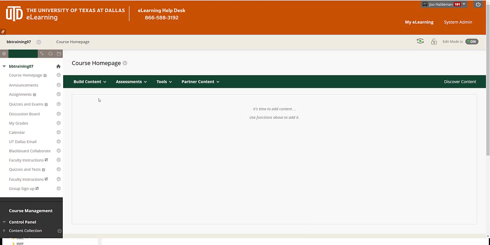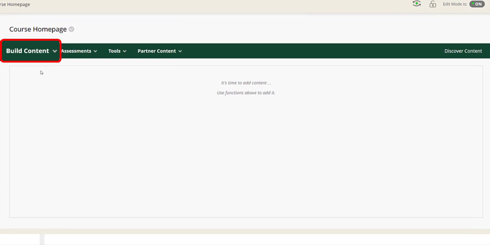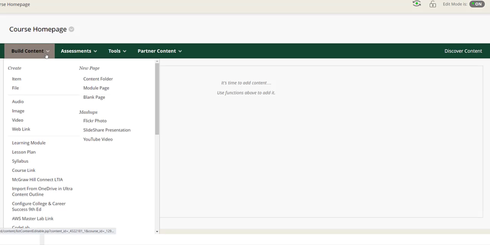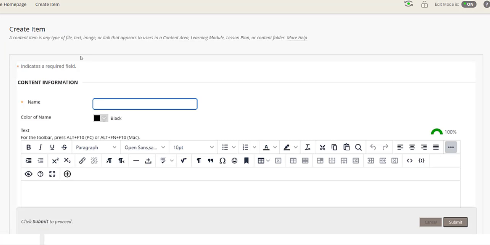If I want to add a title in my course homepage and mention the topics my course will cover, then I want to use Item. So from the course homepage, I select the Build Content button, and from the drop-down list, select Item. Now that I'm inside my item page, I'll go ahead and create a name and enter the text the fall